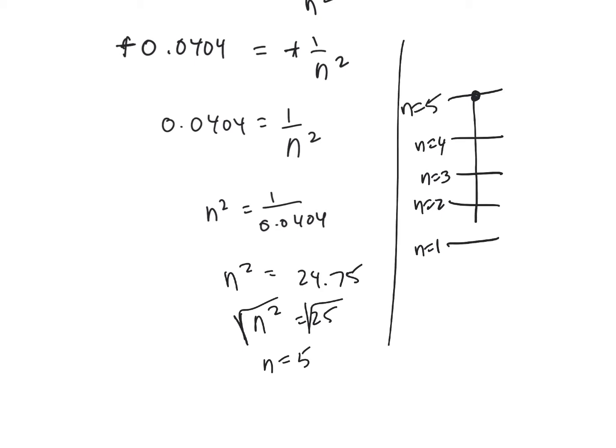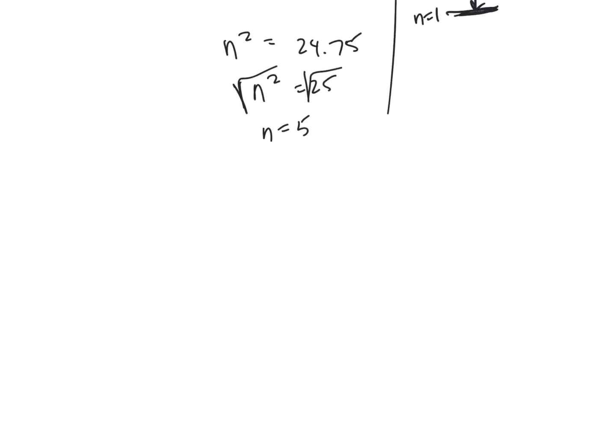And it made a transition down to n equals 1. It doesn't matter what upper level it is, if it ends up in n equals 1, then that's going to be part of the ultraviolet spectrum, the ultraviolet transitions contained within that part of the spectrum. All right, so then number 2 is